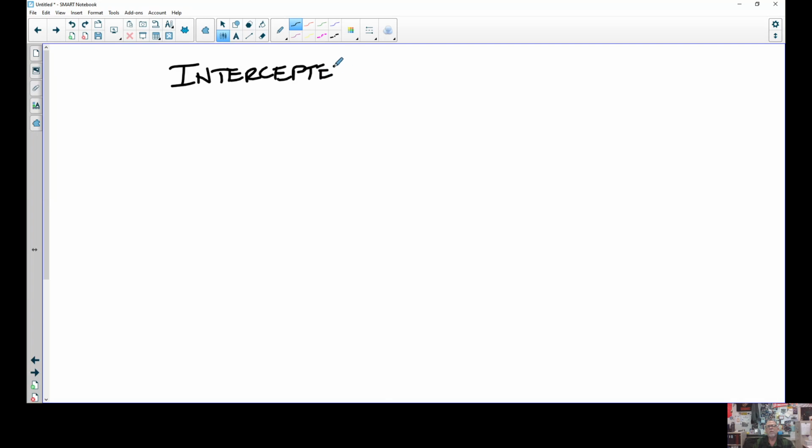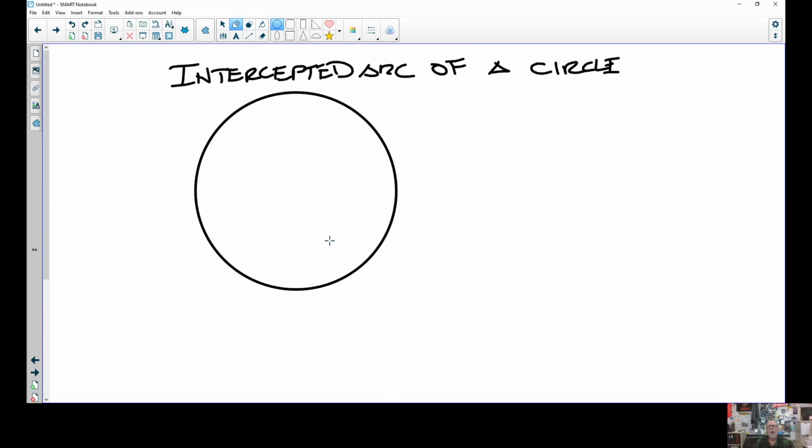Now, what is an intercepted arc? Well, we're talking about the intercepted arc of a circle. Let's draw a circle. If we have a center here and we draw any angle in here,